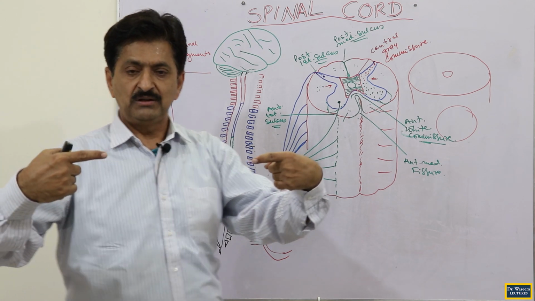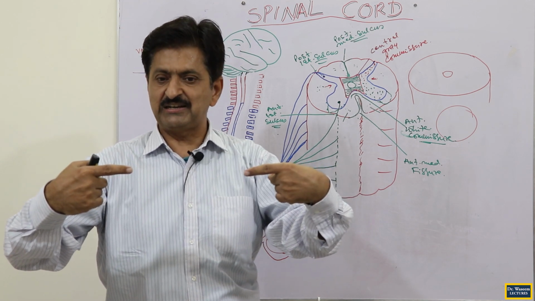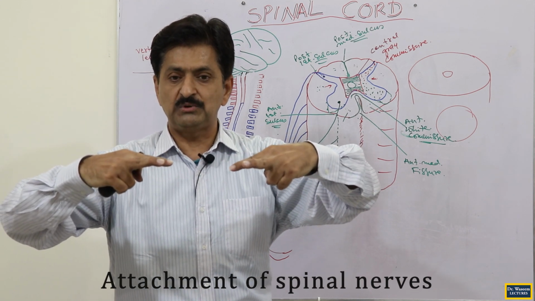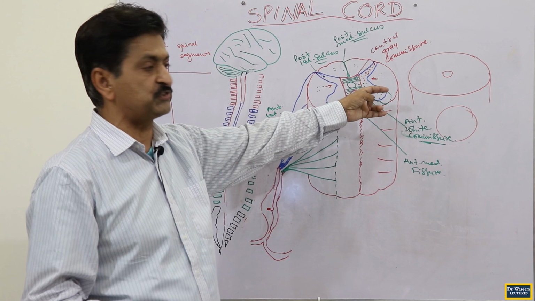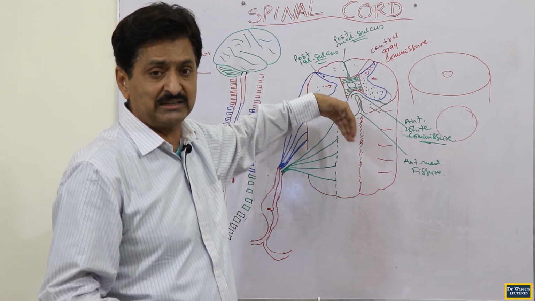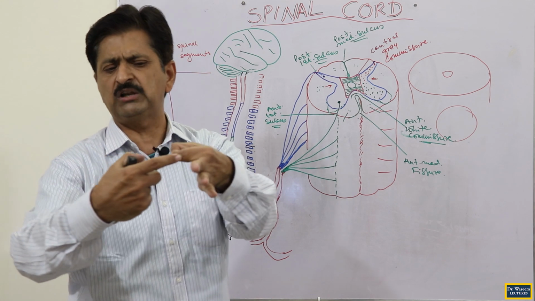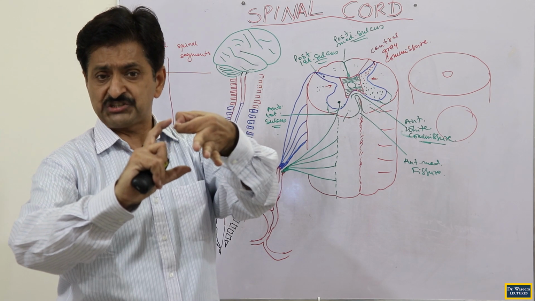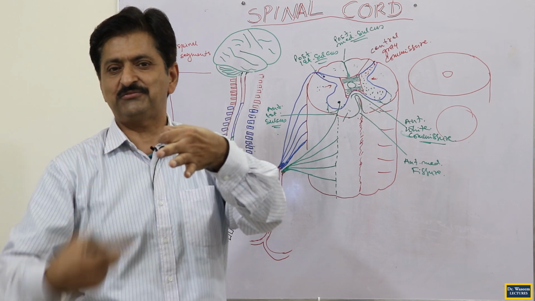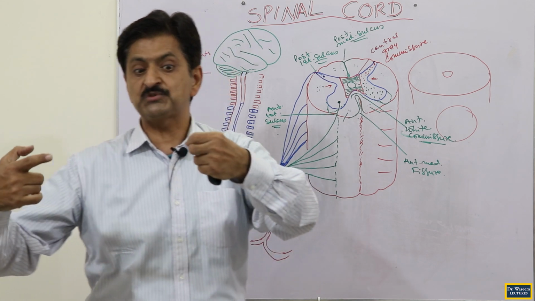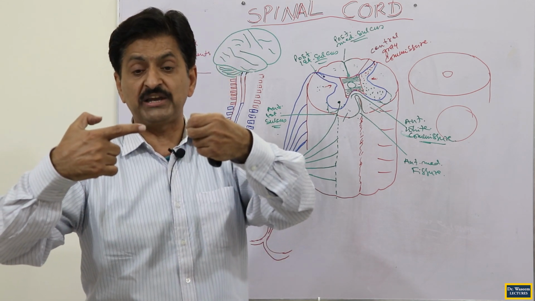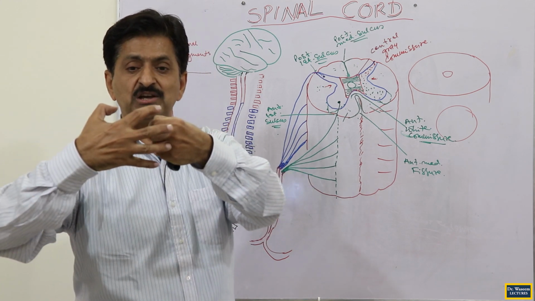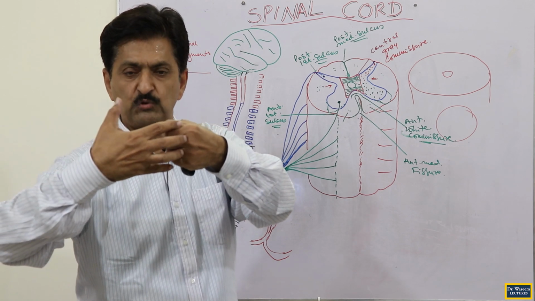Each spinal mixed nerve, when it reaches the intervertebral foramen, from there onward has two roots. When these two roots attach to the spinal cord, one will attach at the posterior lateral sulcus and another at the anterior lateral sulcus, but they would occupy only one point, and we have a full inch of spinal cord, so one root is not enough. By the time each root comes closer to the spinal cord, each sensory root and motor root of each nerve will split into rootlets so that they spread out.